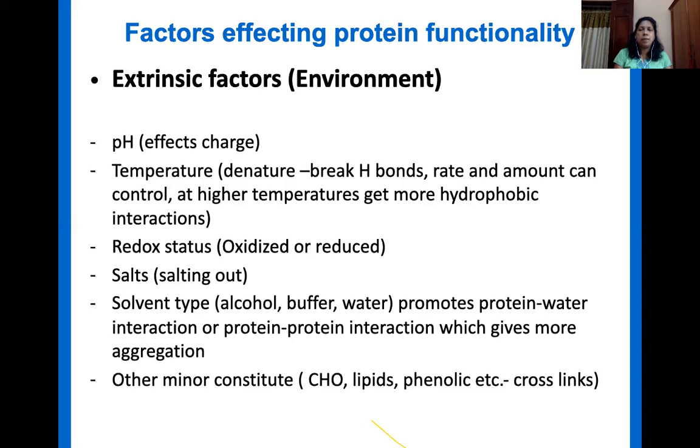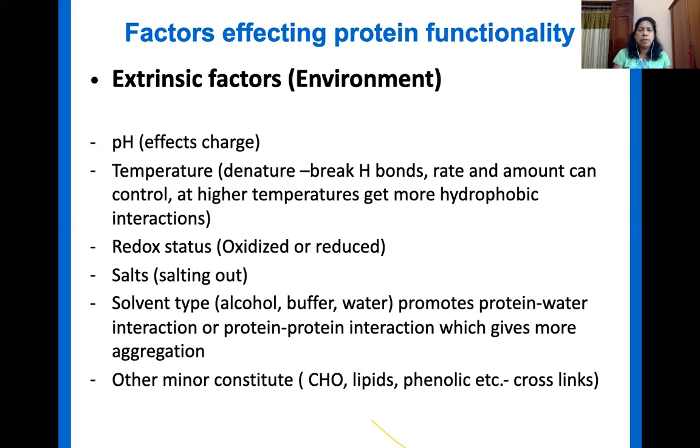In the other situation, freezing: if you freeze the protein and then thaw it, the hydrogen bonds break down and the water comes out. Therefore, the high temperature as well as the very low temperature both break down the hydrogen bonds and denature the protein, and therefore the water will be removed.